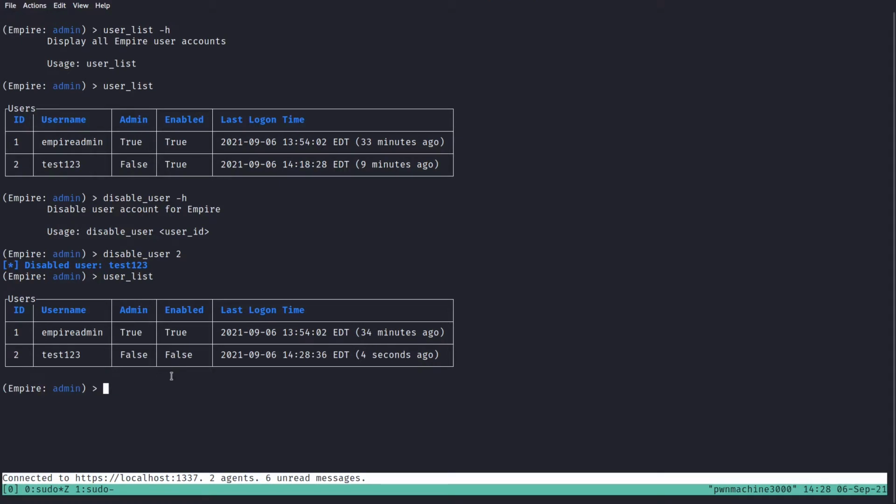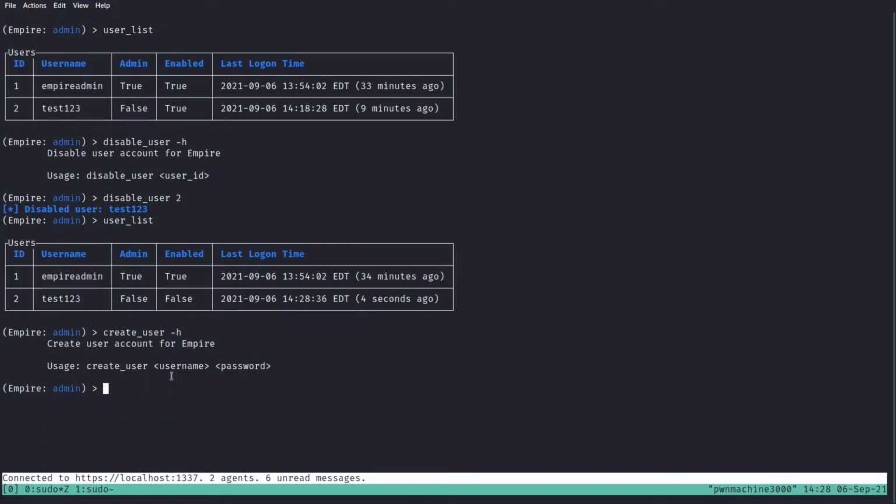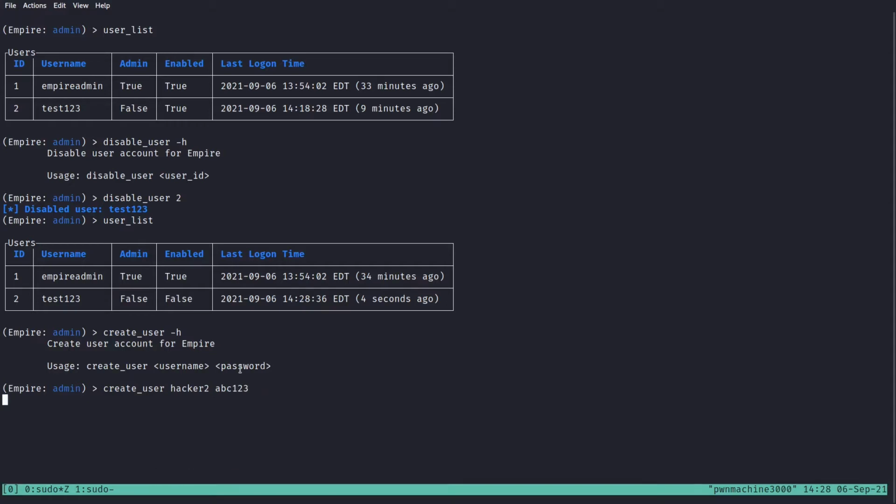Feeling warm and fuzzy about that, sweet. So with that being said, let's go ahead and create our new user for the latest person to join the Untitled Labs consulting firm that doesn't exist. So we're going to do create user, and I wonder what I have to type here. Again, that -H, and here we see username, password. So I'm going to go ahead and do create user, hacker2 for a username, and abc123 for a password, and